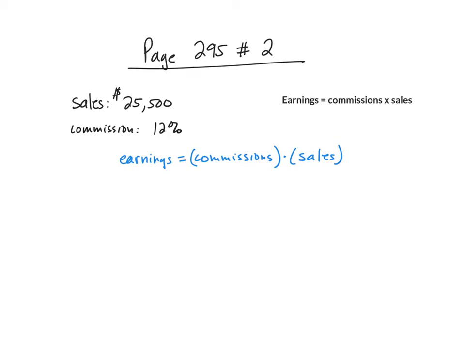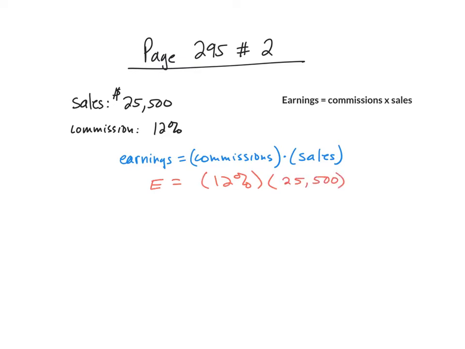So if the commission rate is 12%, that means for every dollar that you sell, you will earn 12% as your commission. So in this case, for problem number 2, your sales are $25,500. If your commission is 12%, let's calculate and find out how much money you're going to earn. So our earnings are going to equal our commission, which is 12%, times our sales. Our sales are